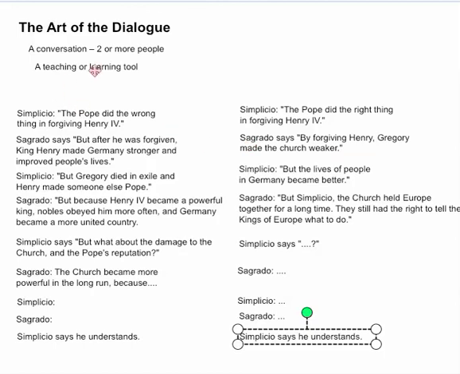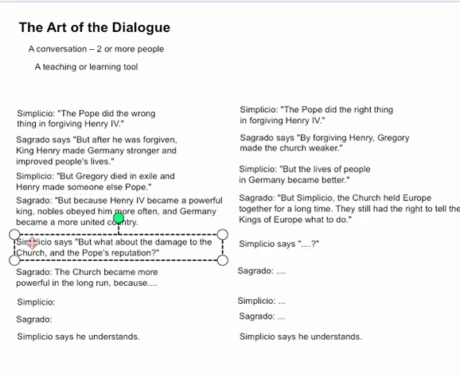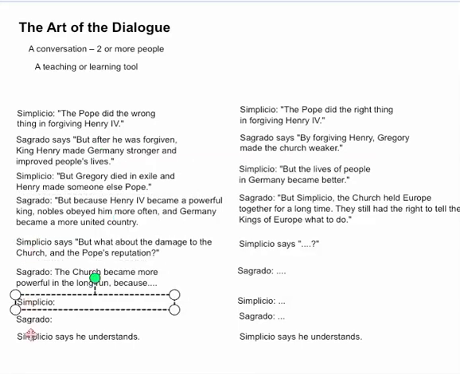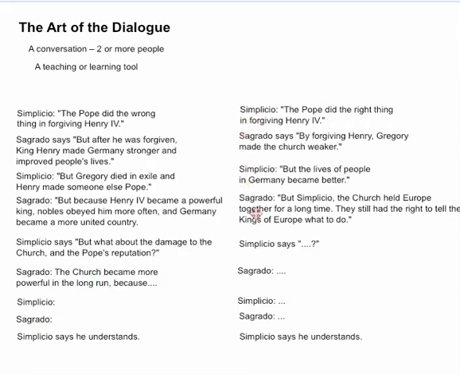So you can see that the art of the dialogue is designed to train your brain to see both sides of the argument. But you set up the argument ahead of time so that the side that you want to have win the argument is posed by Sagrado at the very beginning of the dialogue. And in this way, you get to answer the most likely arguments from Simplicio, and you can see that I've left some spaces here for you to work from. And Sagrado has to answer those objections with strong arguments of his own.